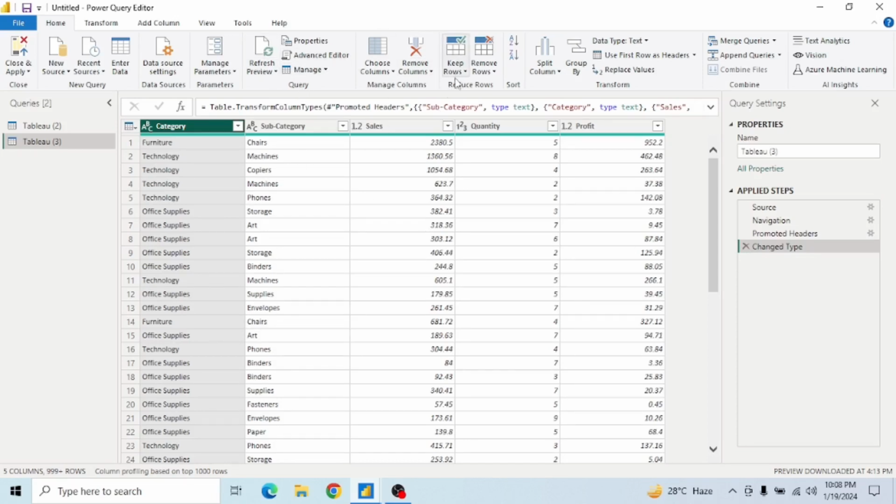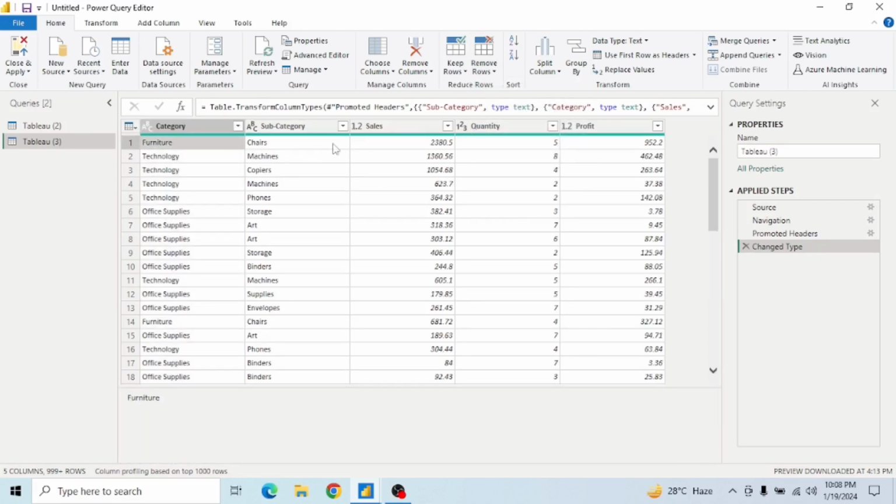And then also here again, there are some things: remove rows. We can remove top rows, we can remove bottom rows, we can remove alternate rows. Now these are rows here. These are my rows here. These are all my rows. So if I say remove